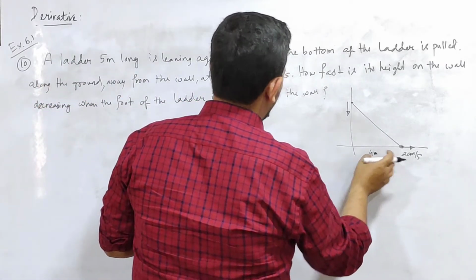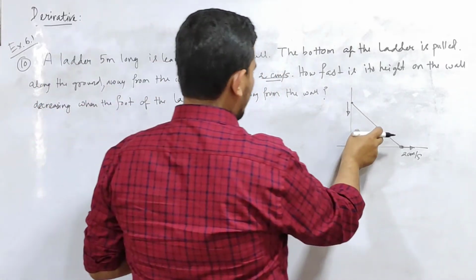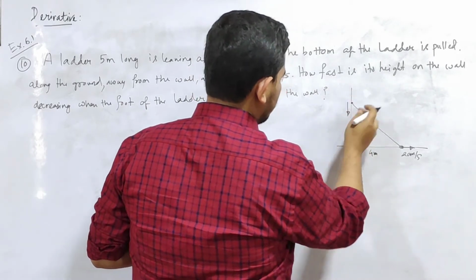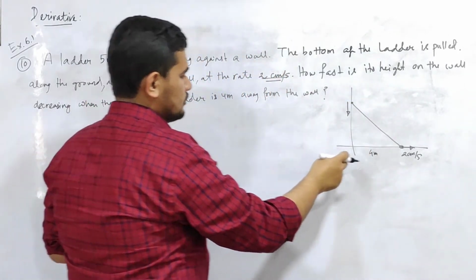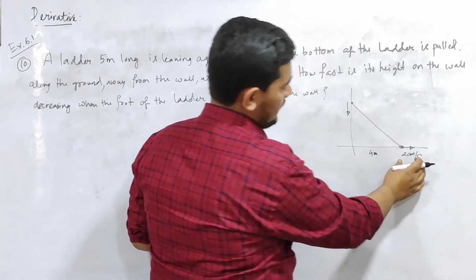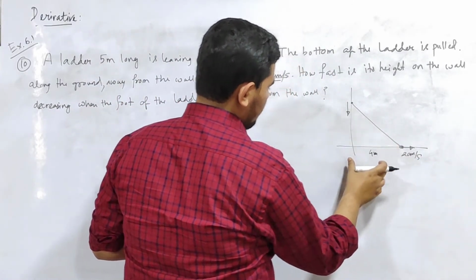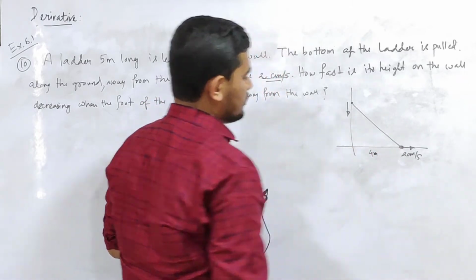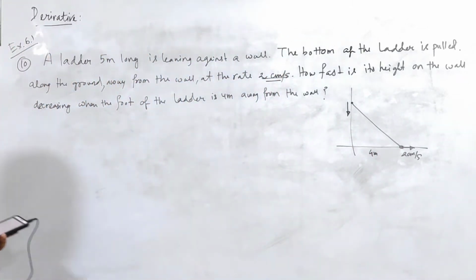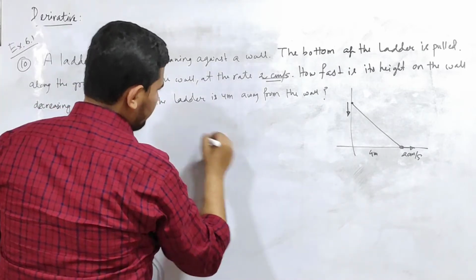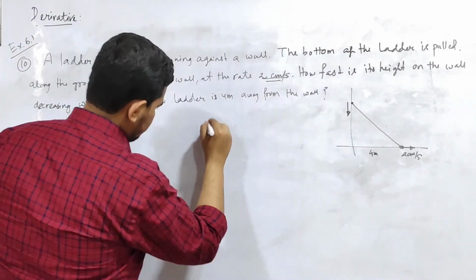Yes, this is 4 meter from the wall. So this is the problem. We need to find out the speed at which this point will move downwards so as to have 2 centimeter per second speed, and the distance of this point from the wall at that instant is 4 meter. So to solve this problem, I can write,